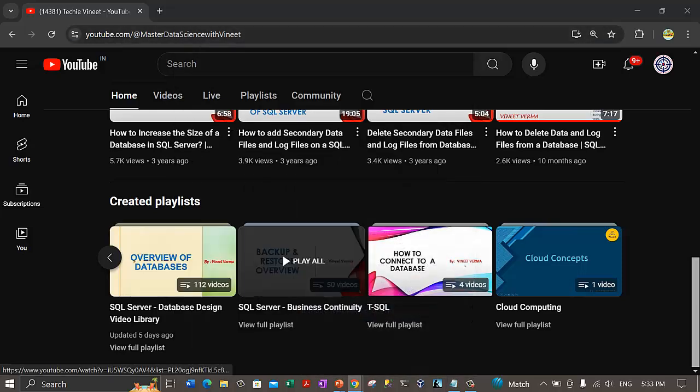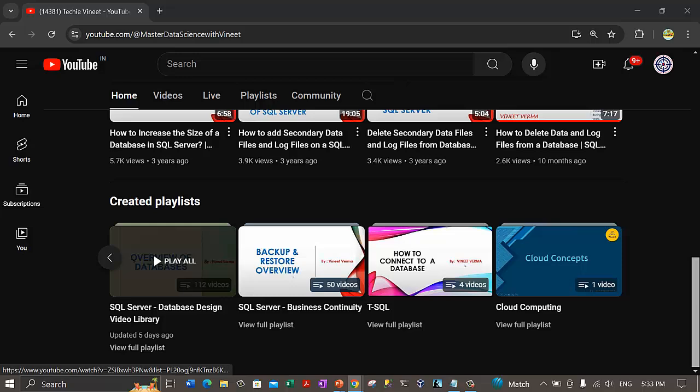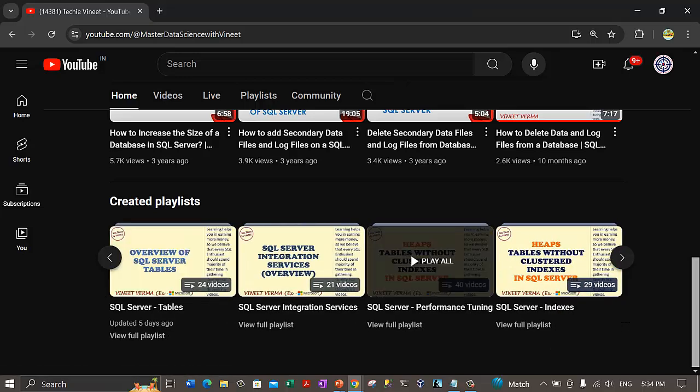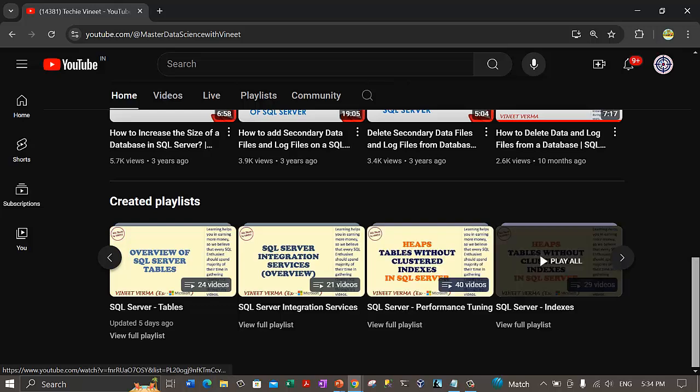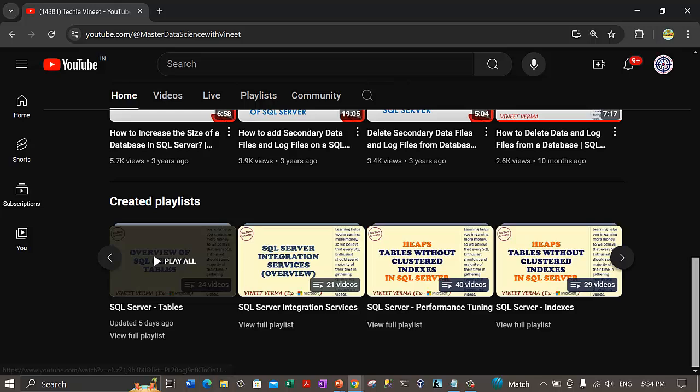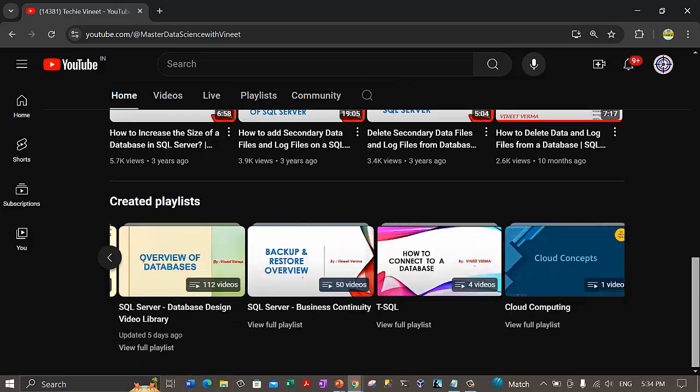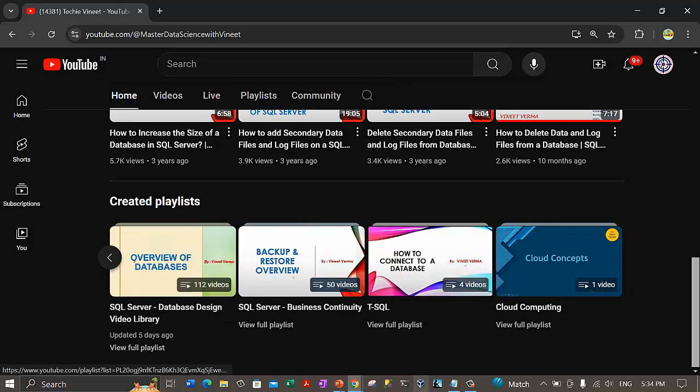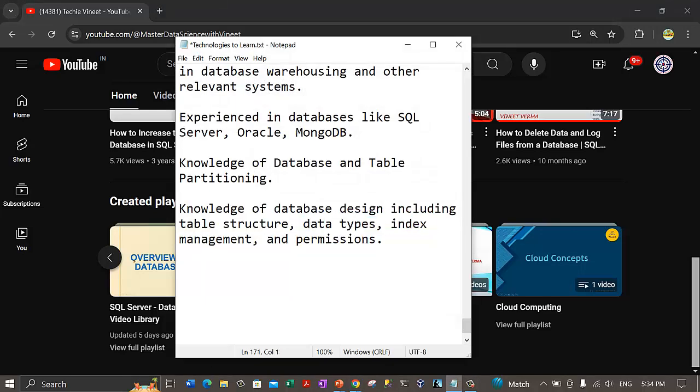So guys, there are some playlists. The first one is the SQL Server database design. There are another two playlists: one is on performance tuning and one is on SQL Server indexes. And we have another playlist on tables as well. You can go through all of these playlists to get experience in that area. Let me move ahead. So you should have knowledge on database design, the table structure, data types, and index management